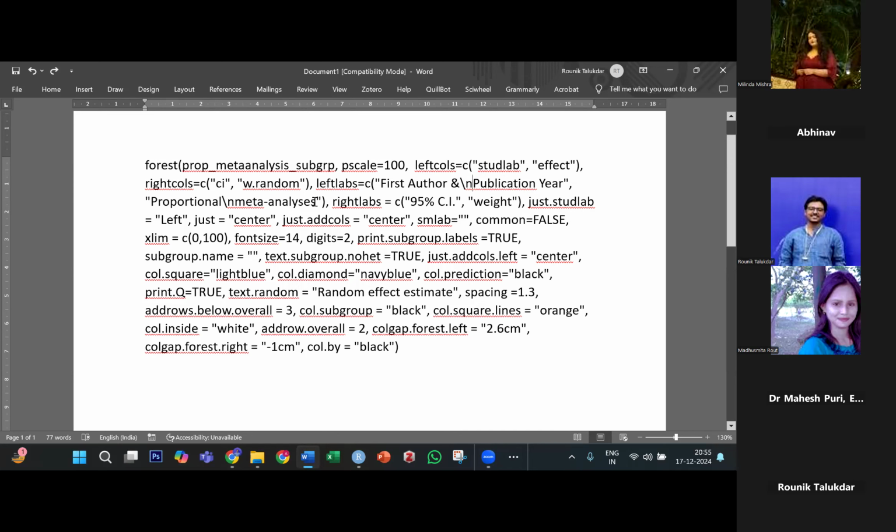यहाँ पे जो मर्जी है लिख सकते हो, अगर तुम स्टंटिंग निकाल रहे हो तो स्टंटिंग लिखोगे, किडनी डिजीज निकाल रहे हो तो किडनी डिजीज लिखोगे। ऐसा जो भी तुम निकाल रहे हो प्रिवेलेंस जिसका भी है, एचपीवी प्रिवेलेंस निकाल रहे हो तो एचपीवी प्रिवेलेंस लिखोगे। तो सेम सेम गोज फॉर राइट लैब्स ऑल्सो। यहाँ पे 95% सीआई लिख सकते हो, 95% कॉन्फिडेंस इंटरवल लिख सकते हो, जो मर्जी है। वेट में वेट लिख सकते हो, वेट फॉर रैंडम लिख सकते हो, कुछ भी लिख सकते हो।